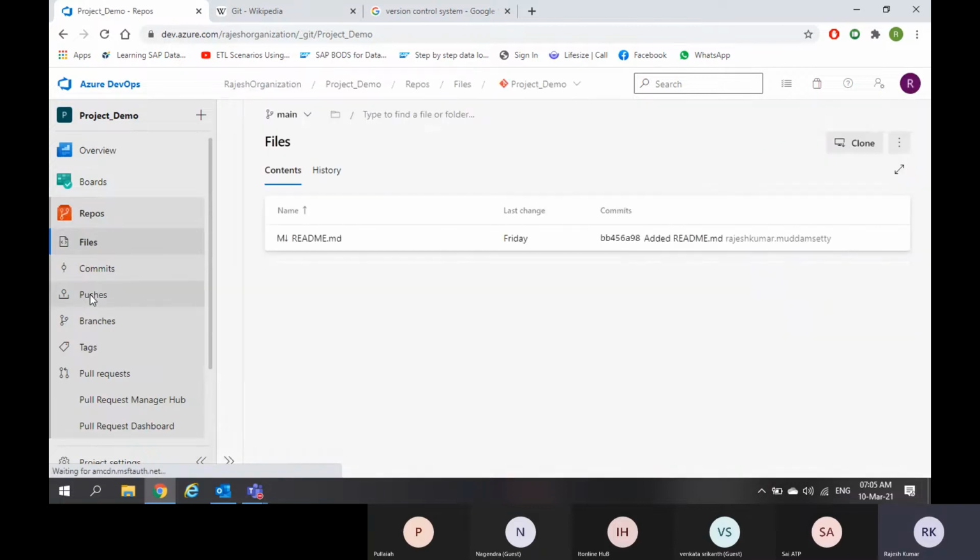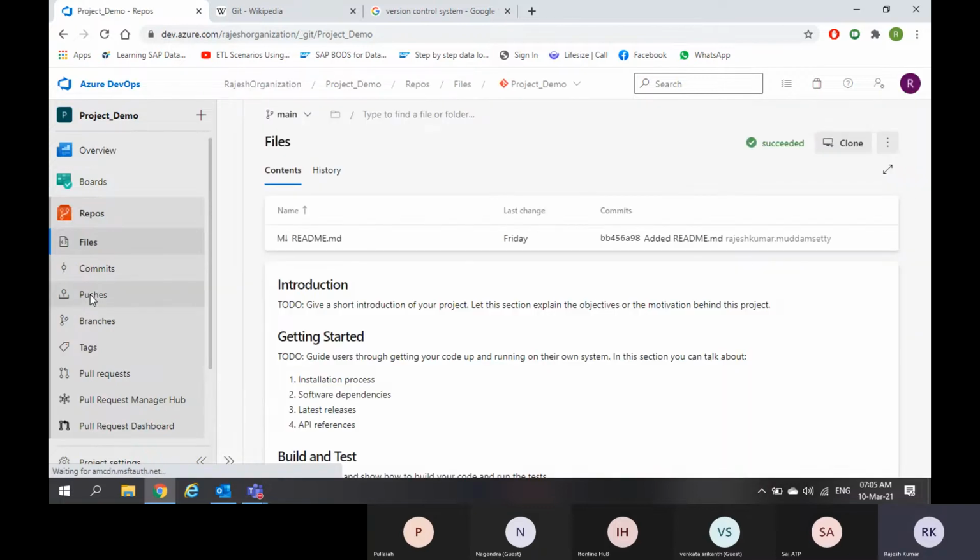So in Azure DevOps, the source code was being maintained in Azure Repos, and in Azure Repos, the versioning was being carried out by Git. The version control system of Azure Repos is Git. While creating the project, you have seen what version control system you want to choose, either Git or TFVC. TFVC means Team Foundation Version Control. So before going to know about repos or Git, first of all, what is source code management?